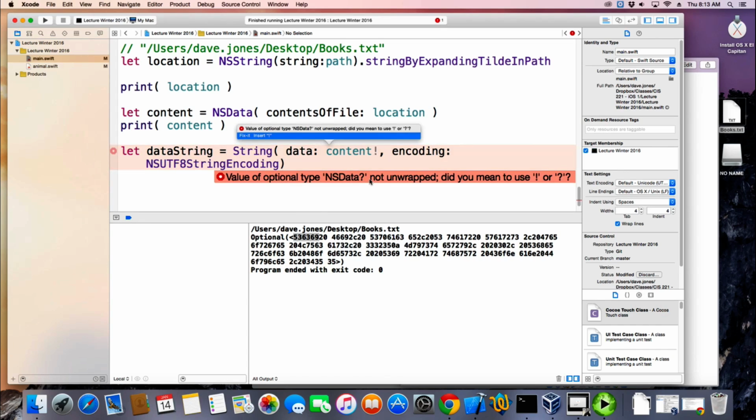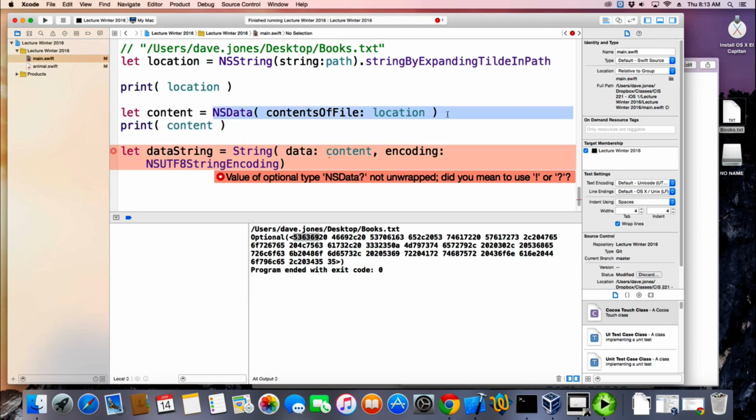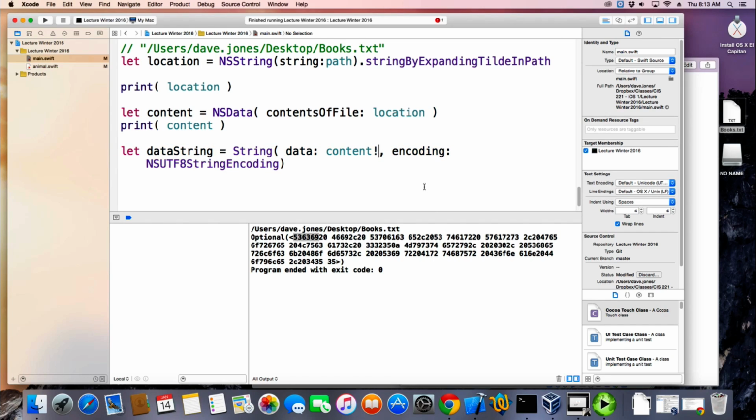What is wrong with that? Oh, okay, so it says that the type for data is not unwrapped. Did you mean to unwrap it? So NSData returns an optional variable. So content is an optional. It could be nil, or it could have data in it. I know that my text file has stuff in it, so I'm going to just unwrap it like that. That's forcing it to unwrap. But if it had a nil, this would crash. So if it couldn't find the file or something like that, say if the file was empty,